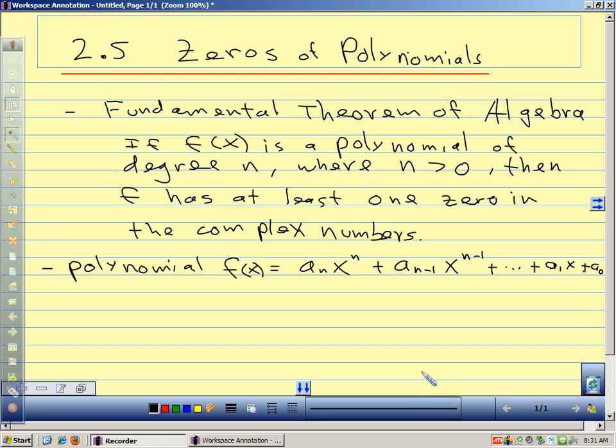So that's a polynomial. N is our degree, the highest exponent, and it tells us that we have at least one zero in